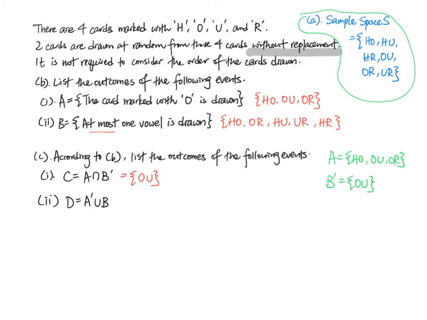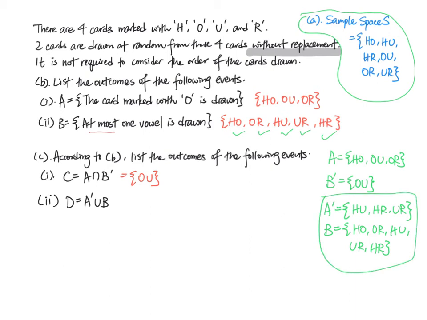Okay, part 2. So what about A prime union B? So A prime is everything in the universe that is not in A. So that is HU, HR, and UR. And B is just these 5 things, right? HO, OR, HU, UR, and HR. And part 2, set D, is the union of these 2. Union means everything we want from here, from these 2. Okay, so the answer would be this one,